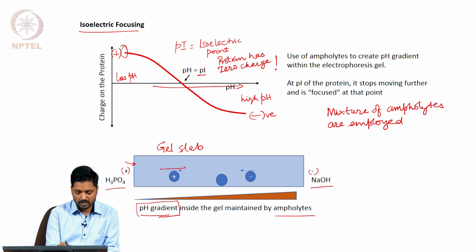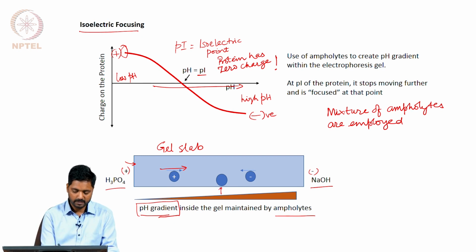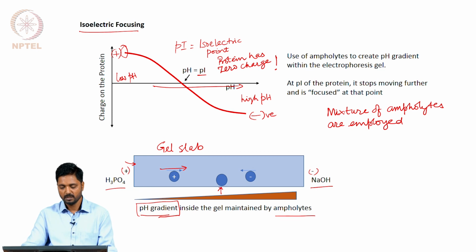So, it will start migrating towards the negatively charged electrode, and as it moves through this point, it may reach a point where the pH becomes equal to the isoelectric point of the protein and the protein is no longer charged. In that case, the protein molecule will start accumulating at this point, and similarly if we